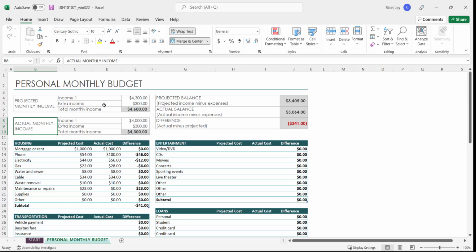For most people who earn a paycheck, the projected and actual will probably be the same, if you're just getting a paycheck that's the same every month. So let's just go through this. Let's assume income one is your paycheck. An extra income we can say is rental, investment,